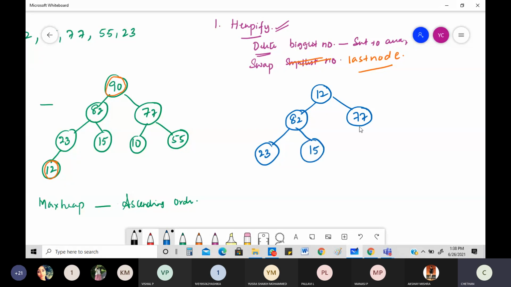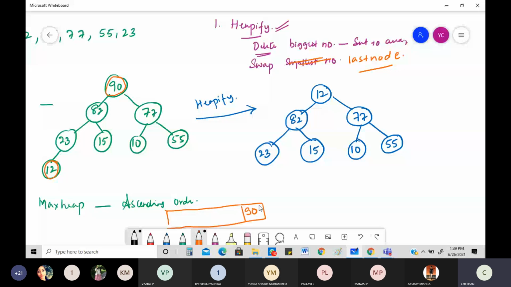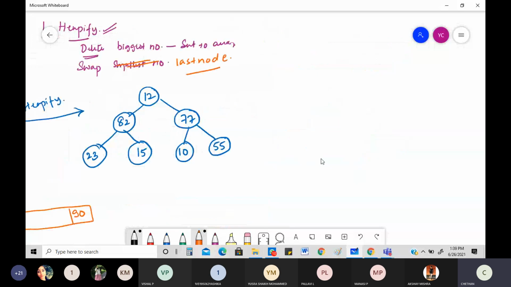Did we heapify this? Yes. Neatly we did the heapification. See, 12 came here and 12 now is not there. 90 was deleted, so you don't have to worry. And how do you think 90 will be placed? If you take an array like this, it will be placed right at the last part of it, so 90 will be right here. Now for the input we got here, the next thing is we need to do the heapification again. So this will be more of a continuous aspect of it. So again, we are going to do the heapification.